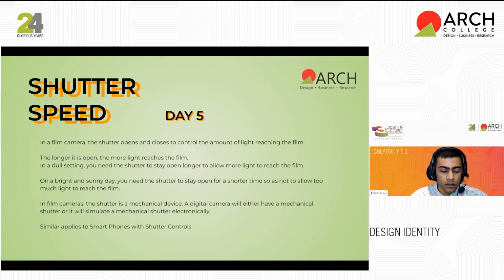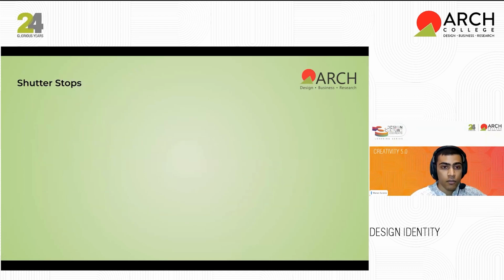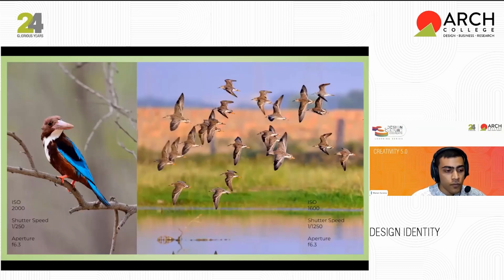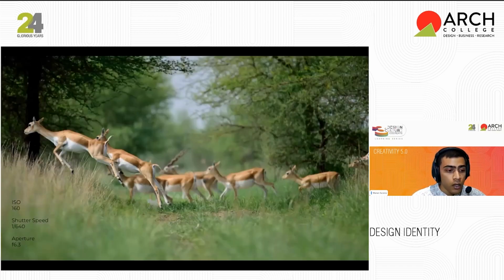Shutter speed. So you blink, and in the blink of an eye, something happens and goes somewhere else, right? So some things are capturable by the naked eye, some things are not. But with shutter speed on a camera, you can capture the feather of a bird, a dragonfly, and everything. Here are a few photographs to give you the idea of what shutter speed can do. Another example of what shutter speed can do,